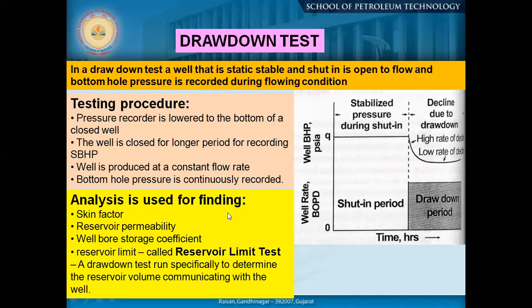Reservoir limit test means we can get the extension of our reservoir outer boundary. That means if we get the boundary, then by this test sometimes we can demarcate the extension of the reservoir. Okay, so for an exploratory well we generally perform the reservoir limit test to understand the extension of a reservoir, so that we can match it with other parameters, let's say the seismic profile or maybe the sand extension, which can give us an idea of the extension of our reservoir in the early stage.